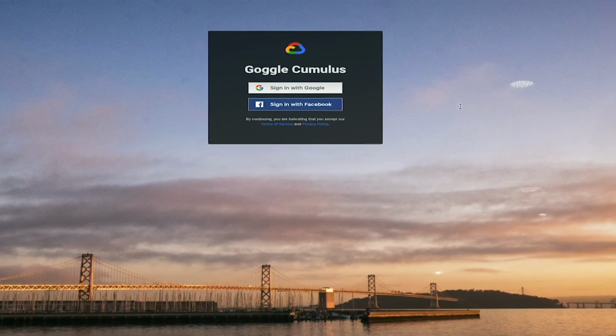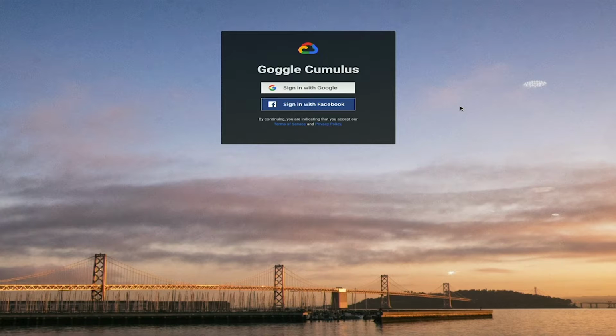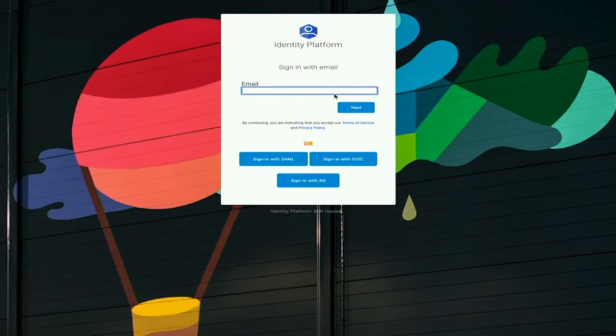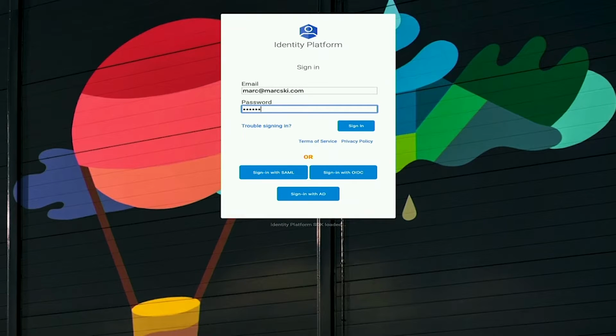So let's quickly flip to a demo. As I said, this is a completely white labeled service, so I can do whatever I want with it. I might want to choose to sign in with Google, sign in with Facebook, brand this page the way that I see fit. I might also want to brand it completely differently, support things like SAML, OpenID Connect, maybe integrate with my existing Active Directory environment. And so I'm going to sign in here and use my super secure password.